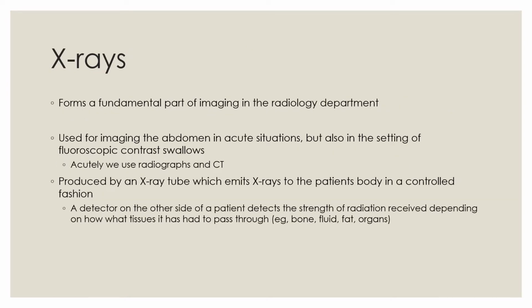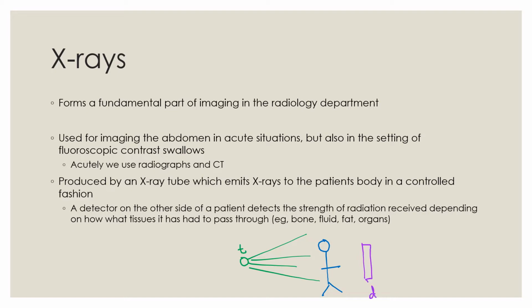It is used for imaging the abdomen in acute situations, but also in the setting of fluoroscopic contrast swallows. In acute situations, we use both plain radiographs, or plain films, as well as CT. Essentially, how an X-ray is produced: we have an X-ray tube which emits X-rays in a controlled fashion. These X-rays are directed towards a patient, and the X-rays pass through the patient onto the other side, whereby we